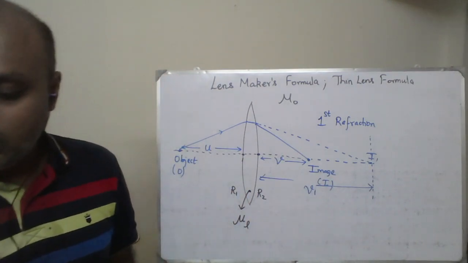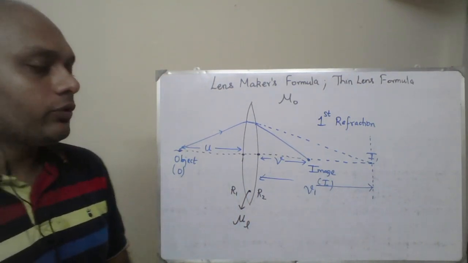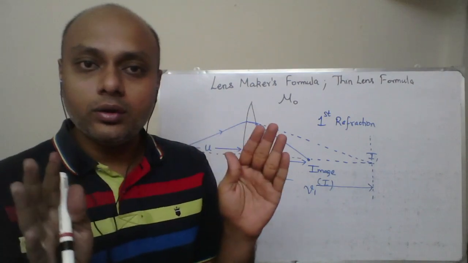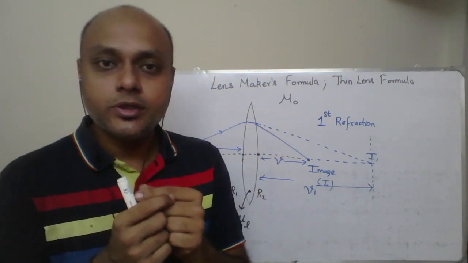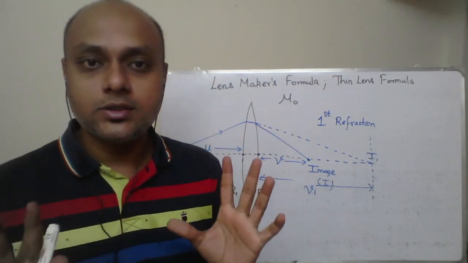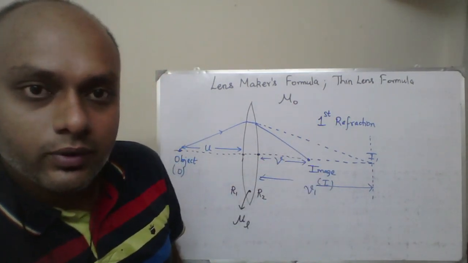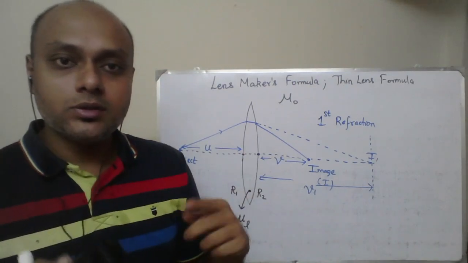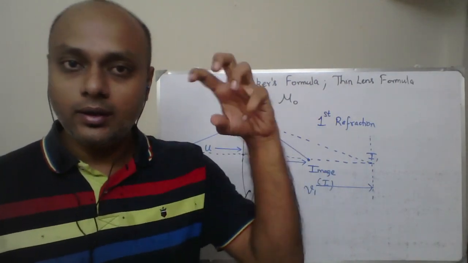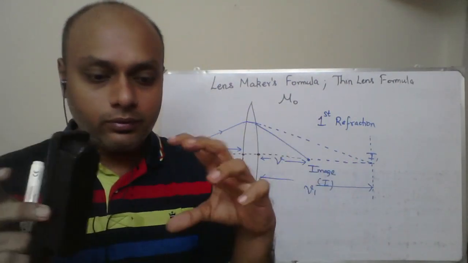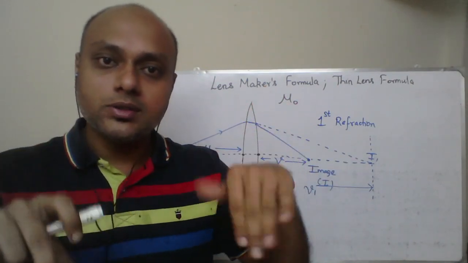Now we will apply the refraction formula, but I am going to ignore the sign convention. I will substitute the sign convention in the final step. I am going to write the first refraction, the second refraction also I will write, and I will do some manipulations. I will get to an expression later in the last manipulated step, and in that expression we will substitute the sign.